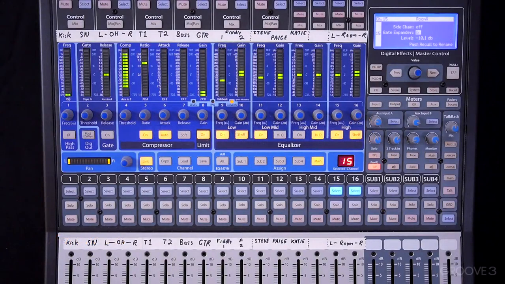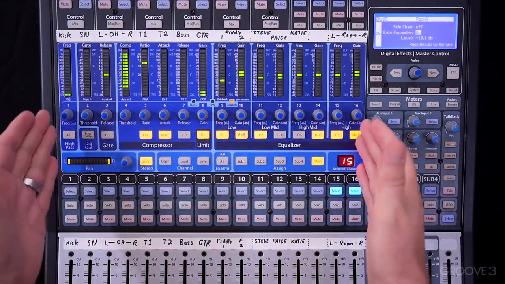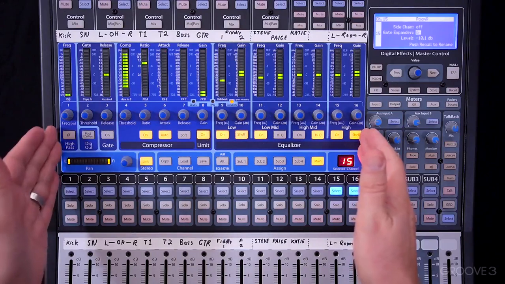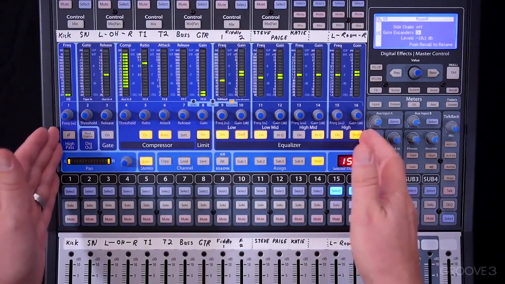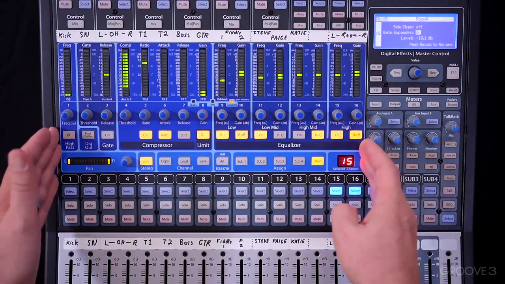Now, you'll notice in this video, I've got the 1642AI board. This is the 16-channel mixer, and you'll notice the fat channel is a little bit different on this board. Now, I'm going to go over the differences of the fat channel, but one thing to keep in mind if